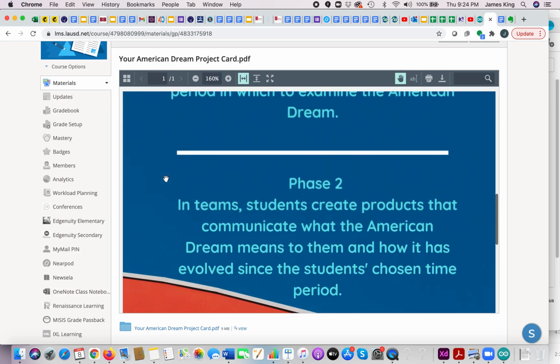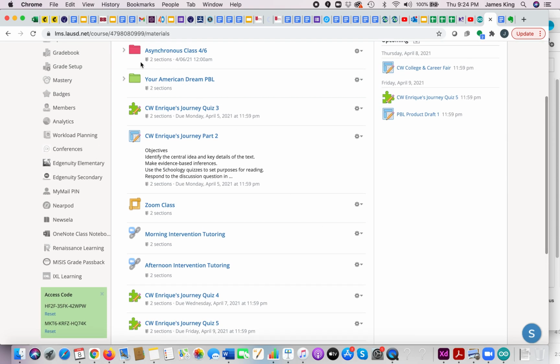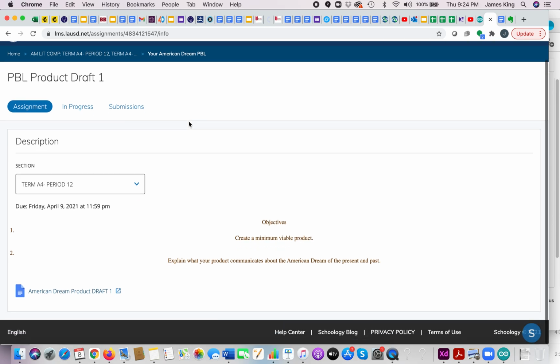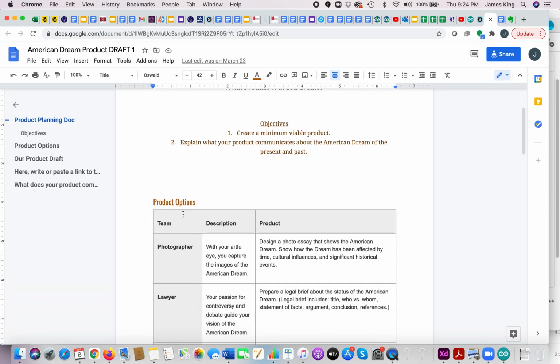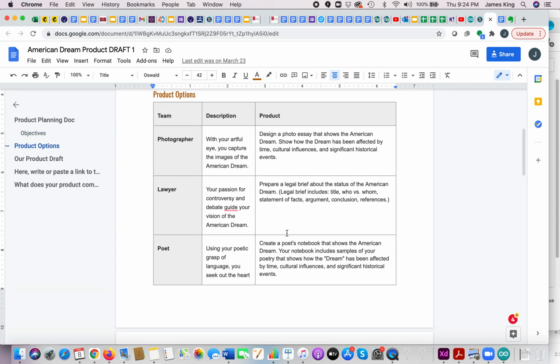Let's look at what specific product you'll be making. So, back into this folder, and we're going to be working on the PBL Product Draft 1 right now. So I click on it, and effectively in this document, you can see a description of what each product should be. So, for example, some of you are photographers, some of you are poets, some of you are lawyers. If you are on a photographer team, then you are creating a photo essay that shows the American Dream, that shows what the American Dream is now and what it was in your chosen time period. If you are on a poet team,